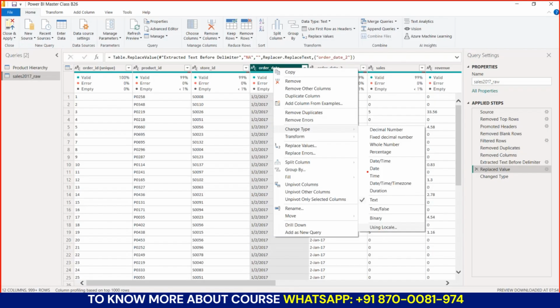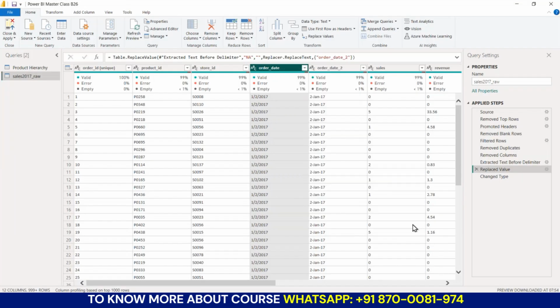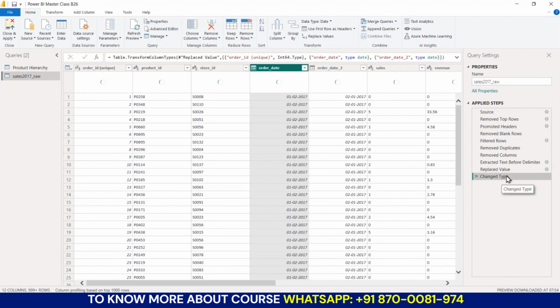So instead of directly changing to date, we can use Using Locale whenever you find a date format different from your local date format. So this time, what I'm going to do,